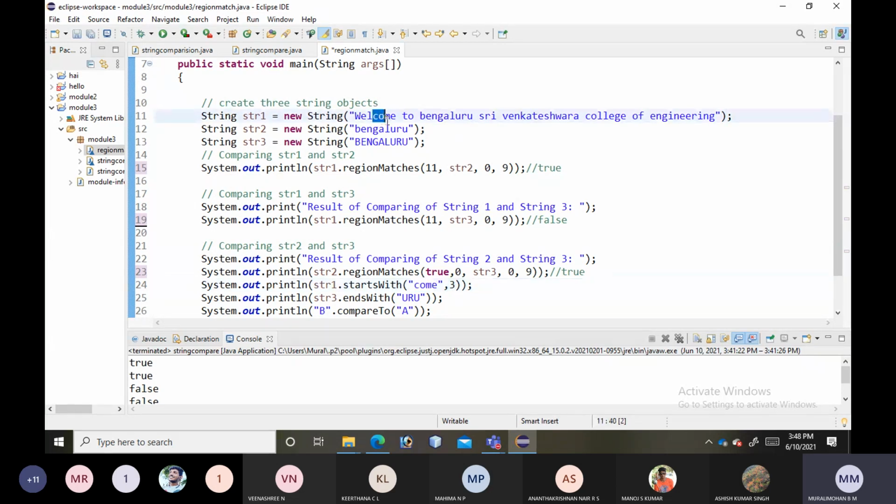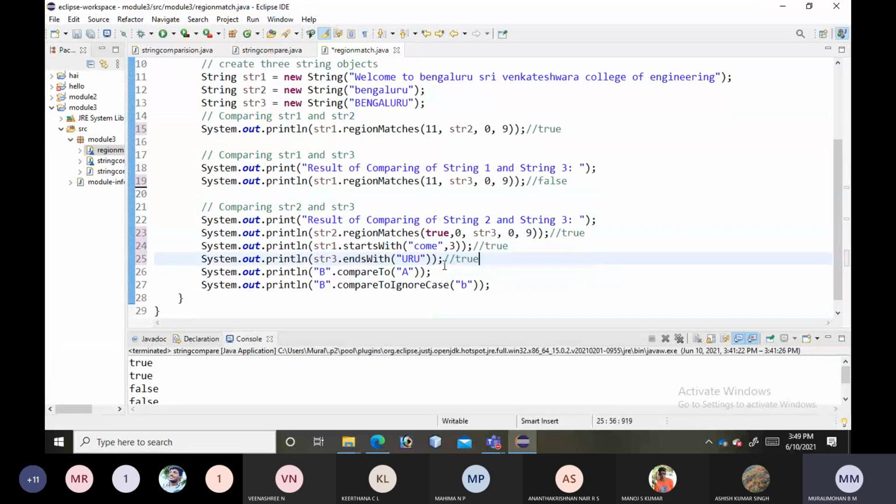So from 3rd index position is come. So obviously we should get it as true. What is the output of this line? True. So str3 dot ends with uru. Is it right? str3 ends with uru. Yes, true.